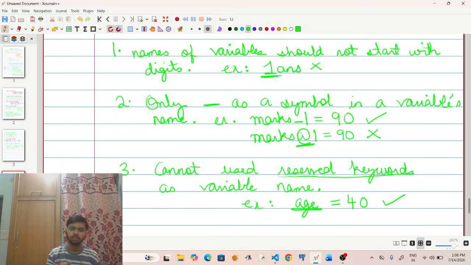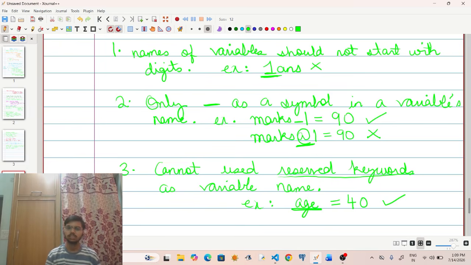So if you give that particular reserved keyword as a variable name, the interpreter will get confused whether you want to use that particular word in the sense in which it is defined in that programming language, or are you using it as a variable name?